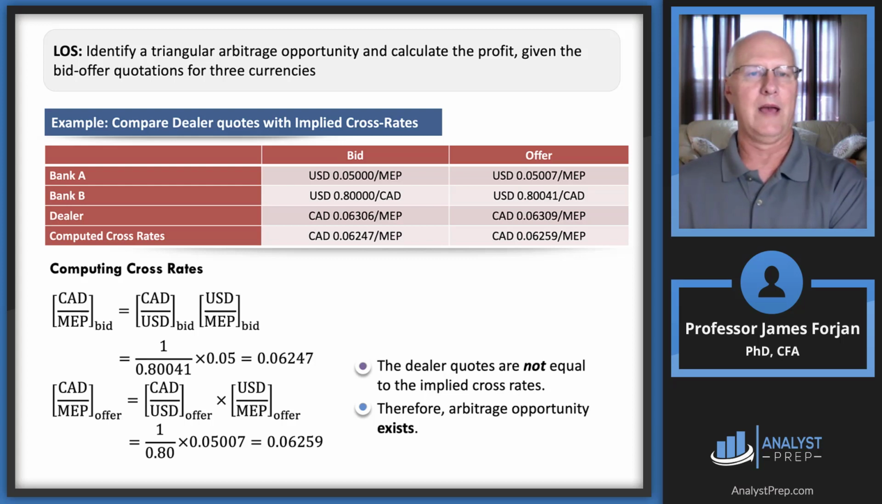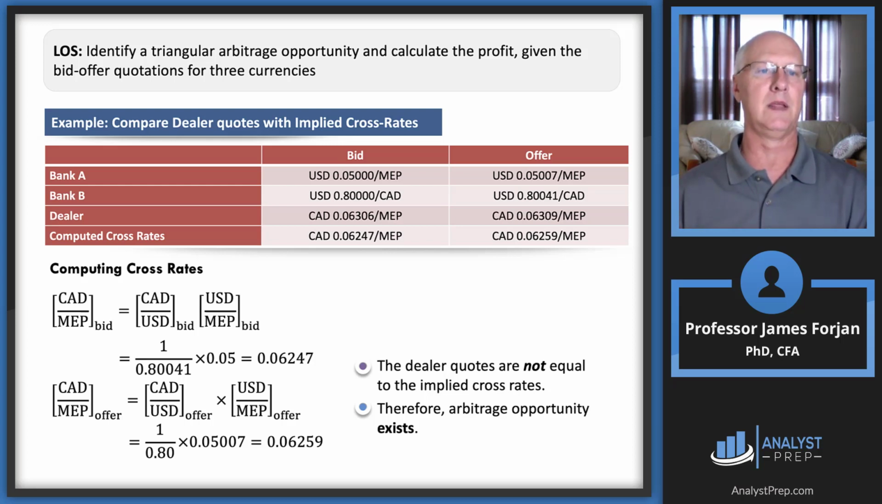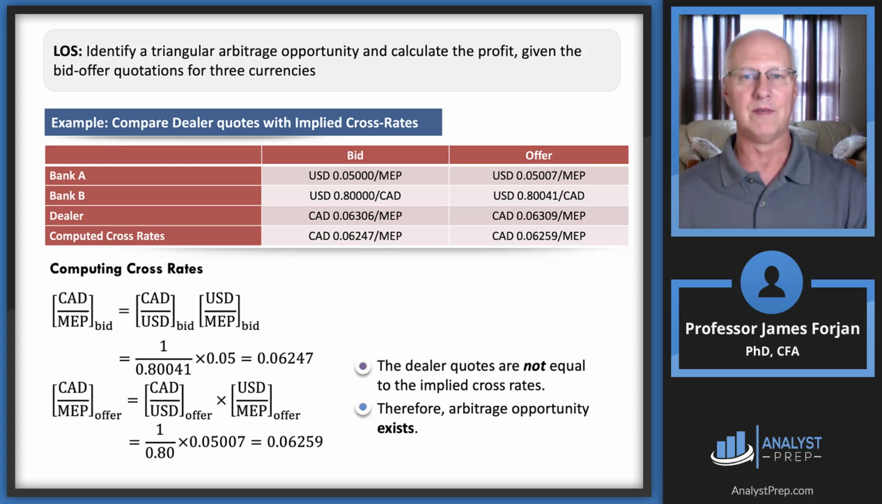All right, notice what we have down the left-hand column. So again, this is an example with bid offer quotations, and this is identical to what's happening in this particular LOS. So we have Bank A, Bank B, so there's the interbank market, and then we have a dealer quote. And note that in the middle and the far right column that we went out to a number of decimal points,